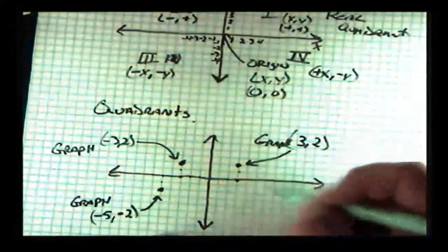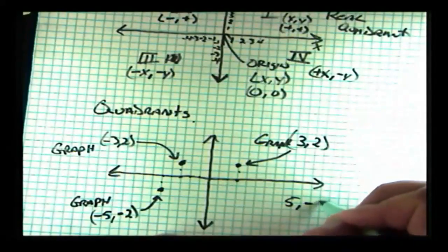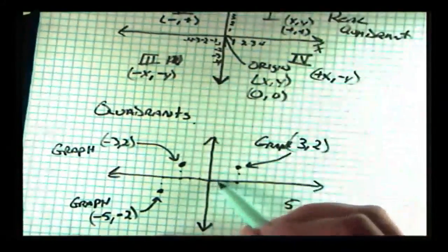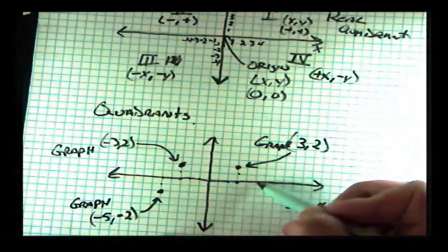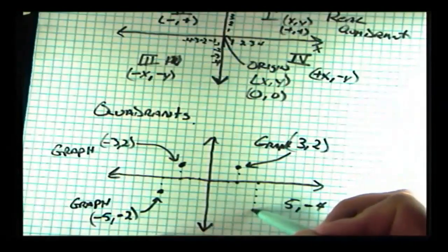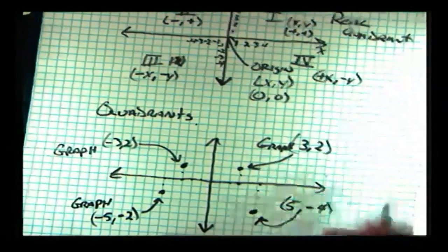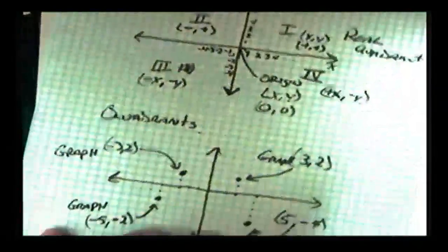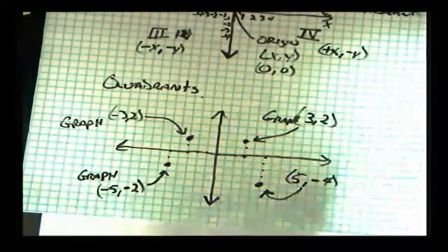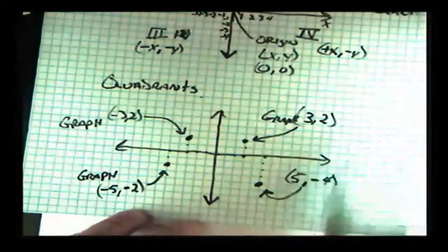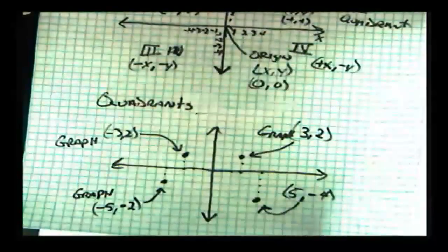And finally, a point like 5, negative 4 would be 1, 2, 3, 4, 5 to the right, positive, and 1, 2, 3, 4, negative. You may wonder how you're going to know whether or not a number is positive or negative. If there's no sign given to the number, it's automatically assumed positive, and it will always tell you if a